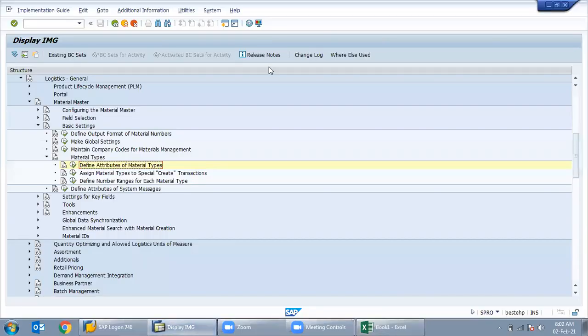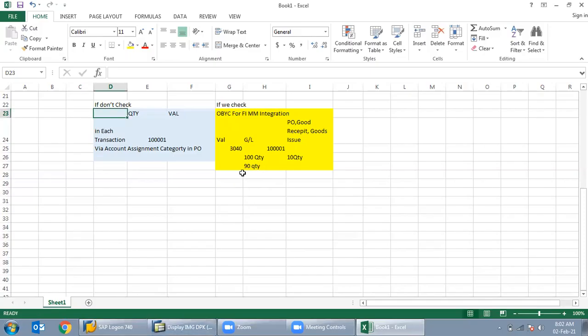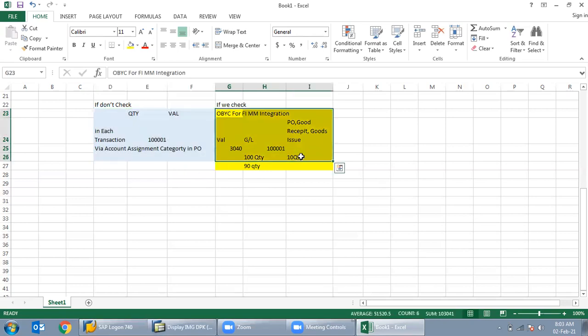This part I will show you in the practical, how the quantity and value get updated and how the system will automatically take that particular GL. Suppose if you do not check it, each and every time we have to find a GL and put that GL. GL means general ledger.